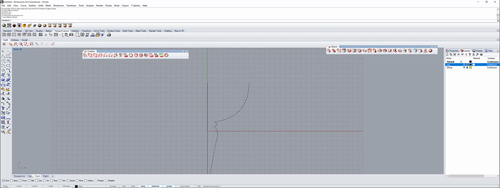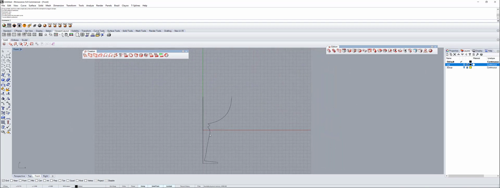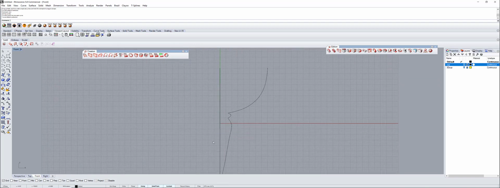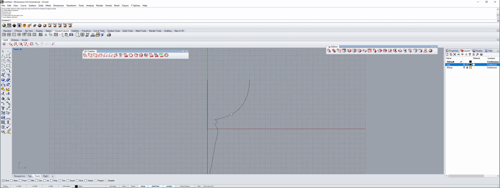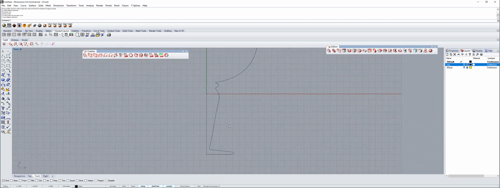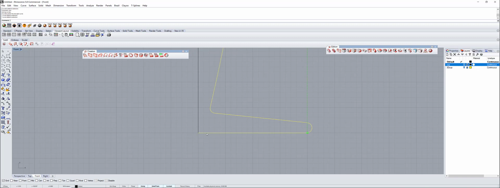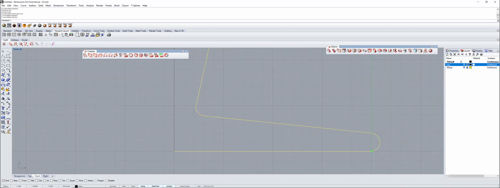So yeah, we've got a wine glass right now, and all that's left to do is the revolve command and the offset surface command, and we're gonna have a solid ready to print. Sometimes those wine glasses finish over here with a little roundness, so we can do that. What I'm gonna do